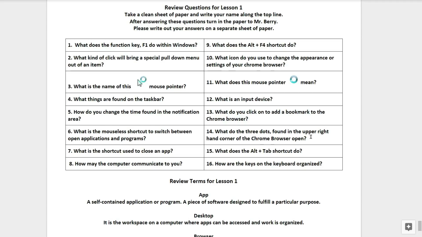Number 11. What does this mouse pointer mean? Number 12. What is an input device? Number 13. What do you click on to add a bookmark to the Chrome browser?